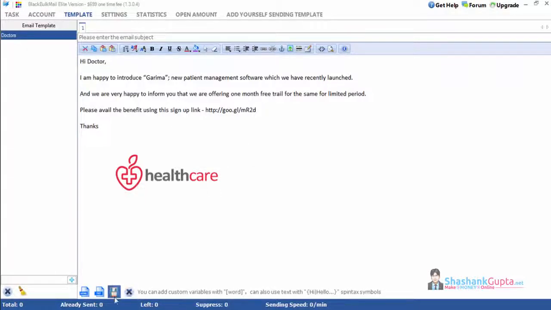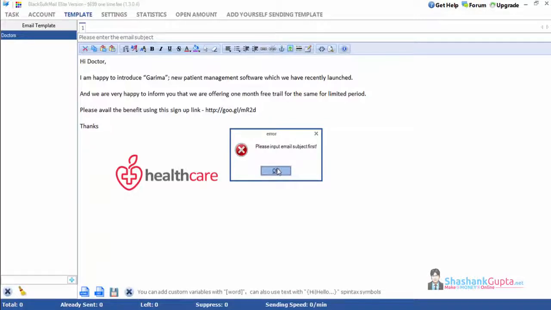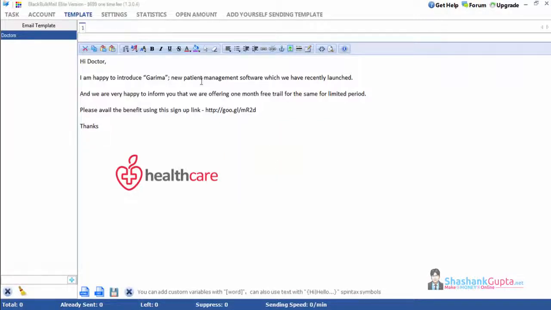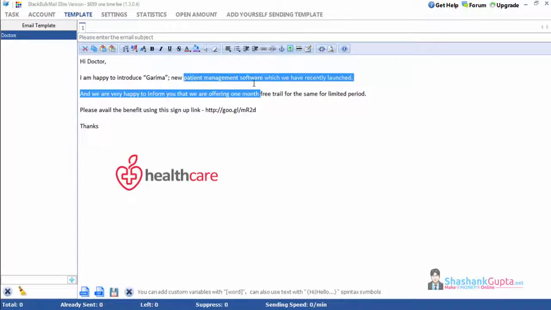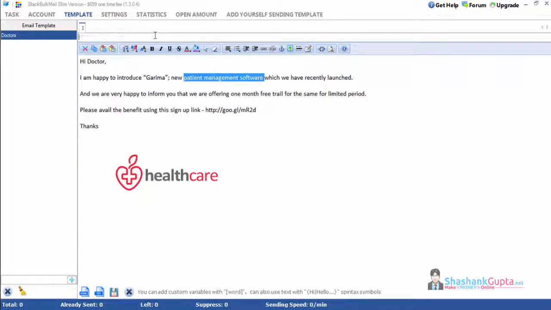You can save this by clicking save template. Yes, we have forgotten to put a subject. So I'll write the subject, patient management software, and I will save this.